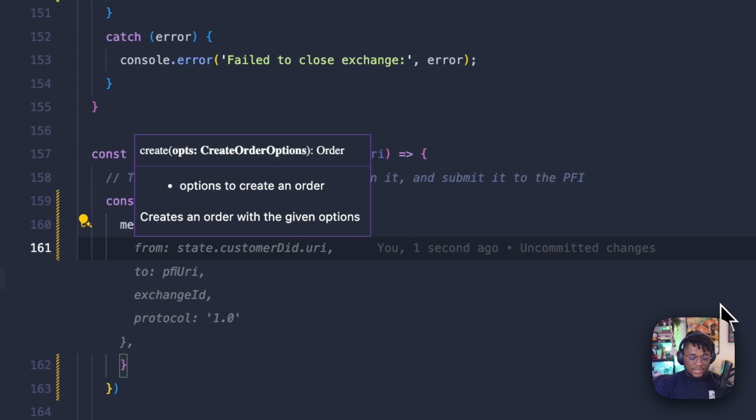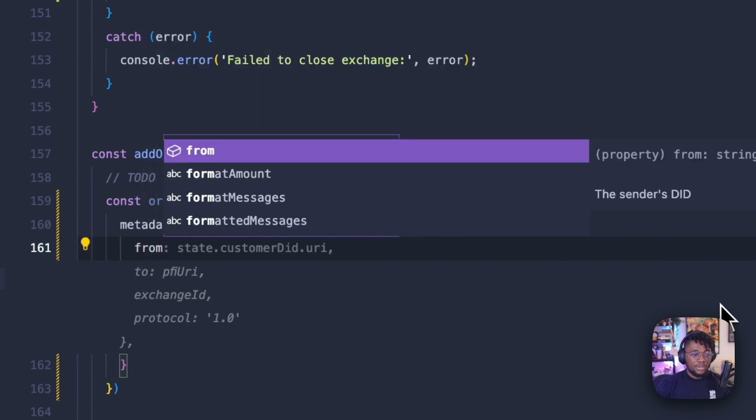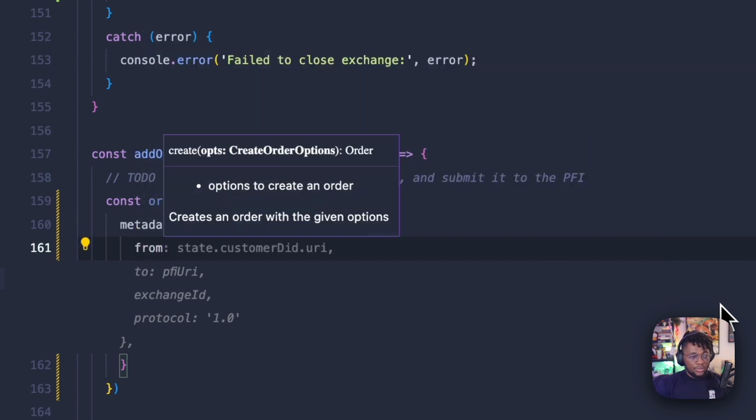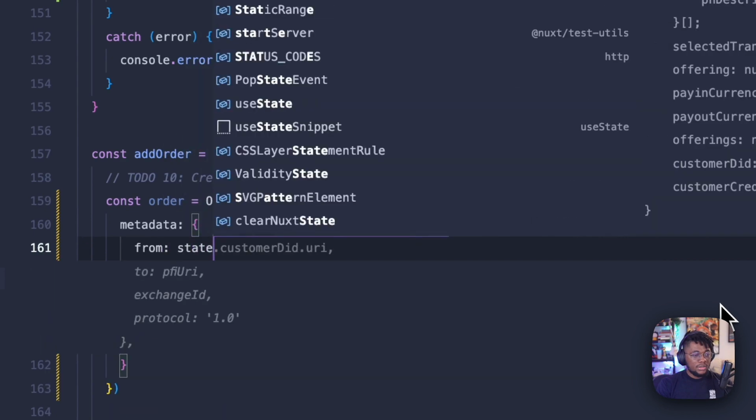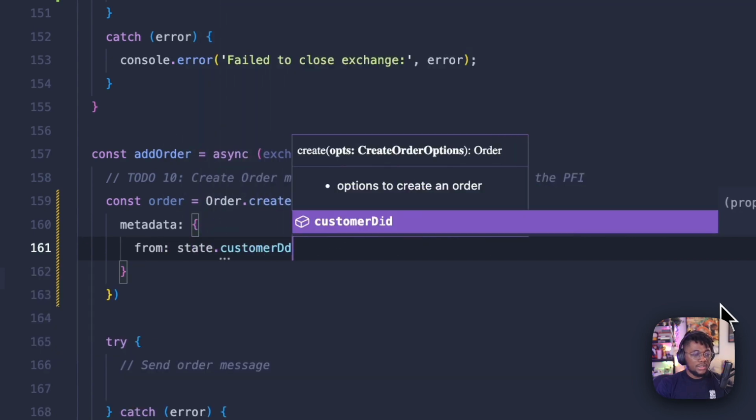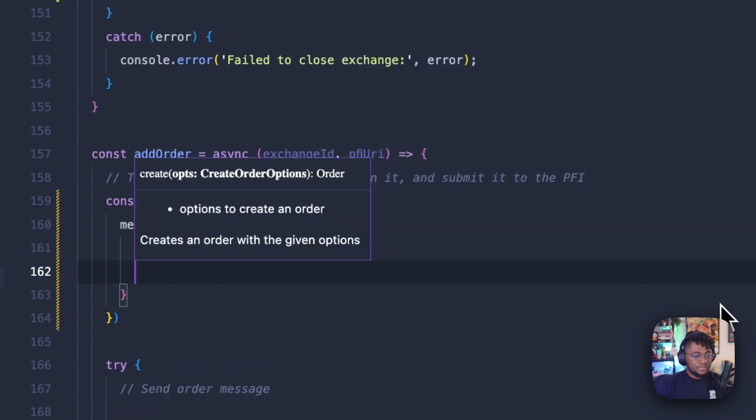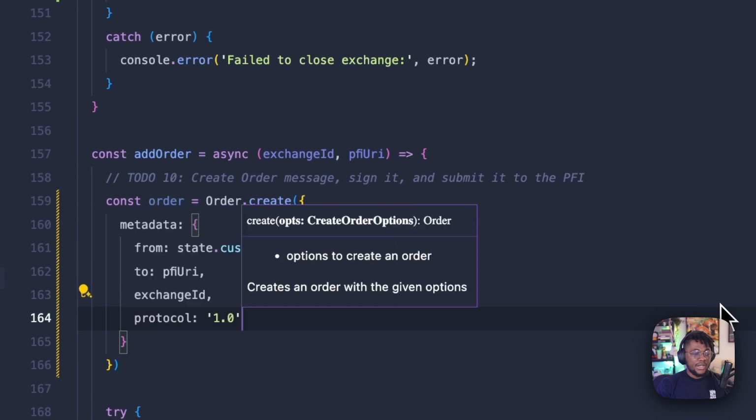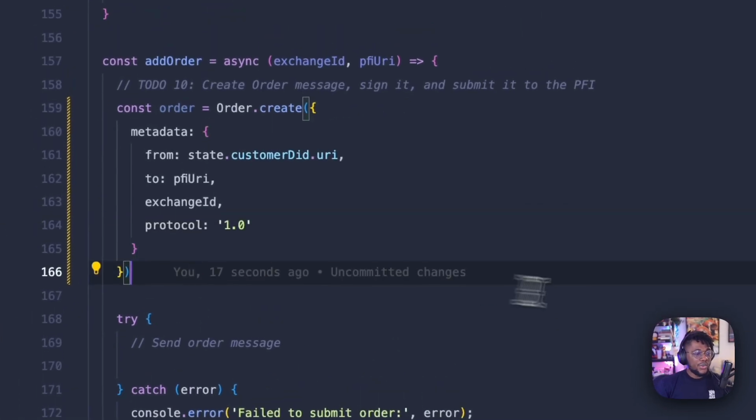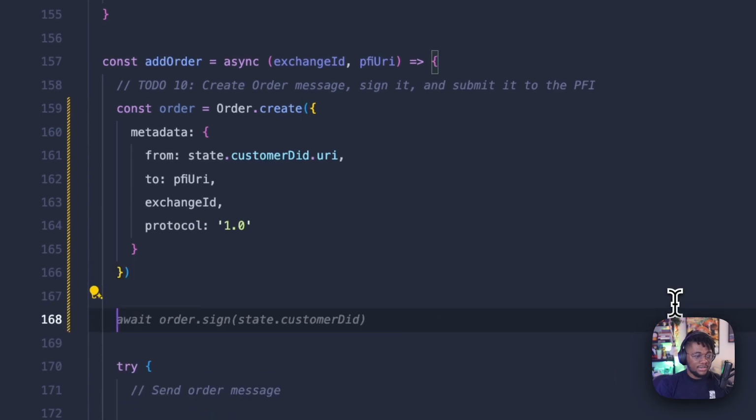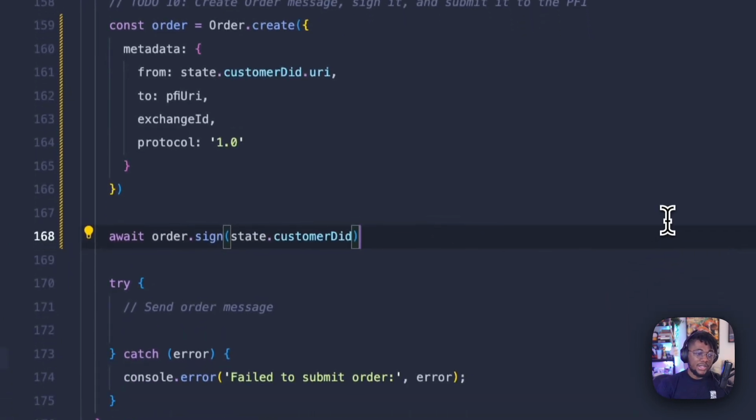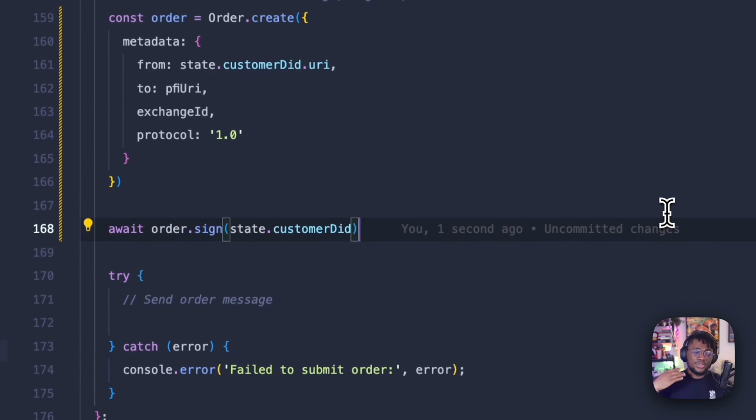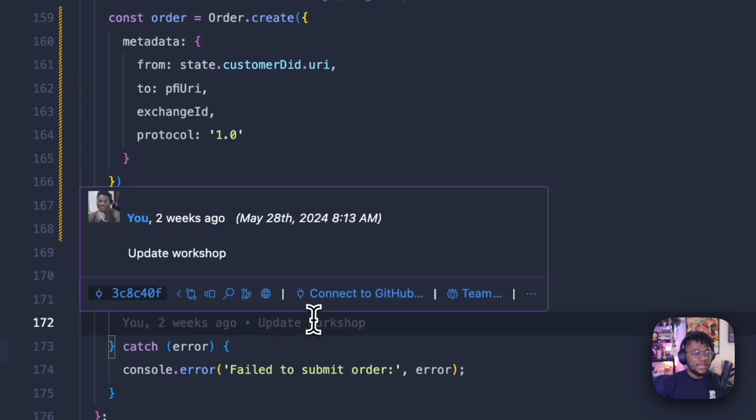So in this case, our metadata again will be from the customer, which is state.customer.did, the URI to what PFI. We also pass the exchange ID, and then we specify the protocol as well. So once this is done, we also have to sign the message like all other messages. So await order.sign. You can also choose to put this in a try catch, whatever goes with you. And then once that is done,